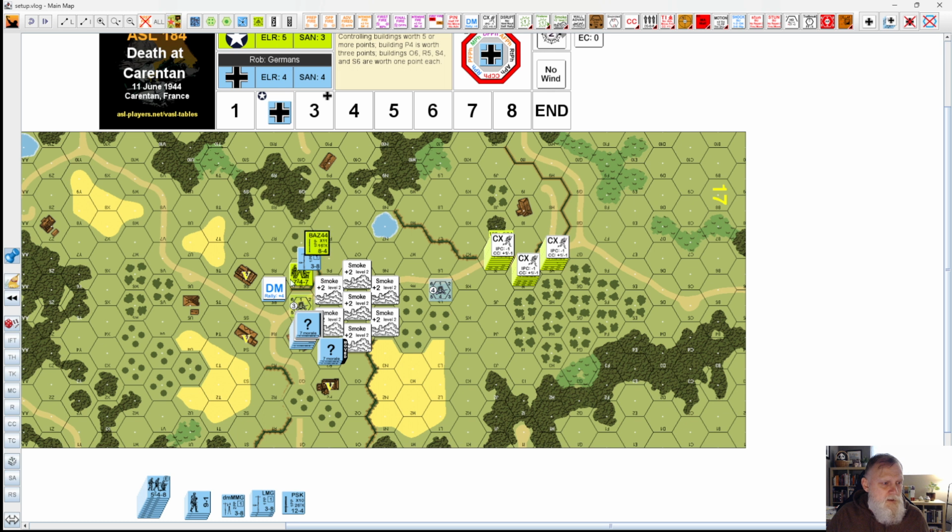Now, I'm thinking of firing the bazooka into there as well, just to clean them off so they don't run away. We have a base 9. We have a +2 for the wood, so we need a 7 or less to hit. All right, I missed. All right, so no hit from the bazooka. And then we could...